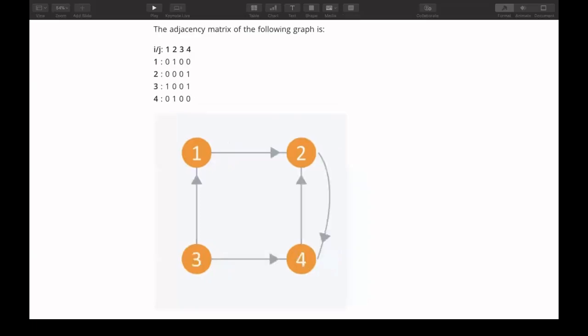But here, if I take a directed graph, in this case you can see that there is an edge from 1 to 2, but there is no edge from 2 to 1. So in my matrix, the cell 1 2 is 1, but the cell 2 1 is 0.